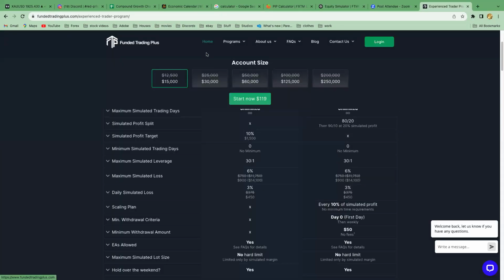Okay, so the next thing we're going to go over is this prop firm. I don't have an affiliate link with them. I've actually got to even check my email. I did sign up for one because I will be promoting this company. They do actually pay you out. There are no problems with payouts with them as well. Payouts are pretty fast. And this company is called Funded Trader Plus.